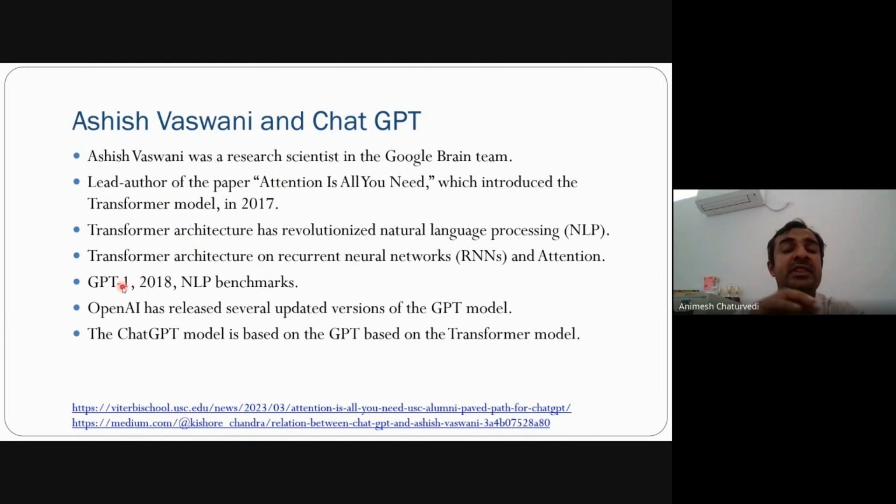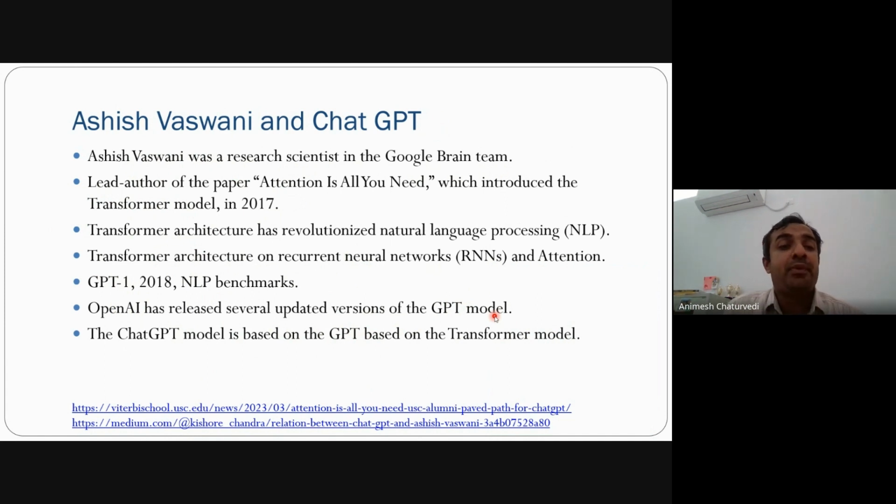Thereafter, in 2018, there came GPT, which became a benchmark for NLP. Then OpenAI kept on making different versions of GPT models and kept on improving them. ChatGPT has a T related to transformers. It's Generative Pre-trained Transformer. So the transformer in ChatGPT is basically related to the work